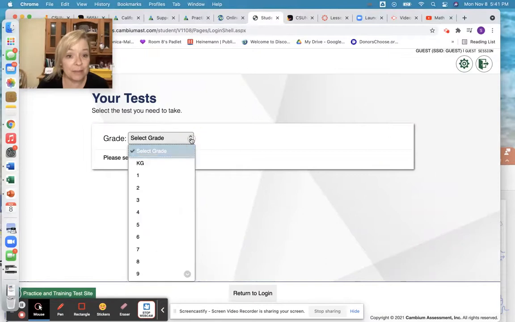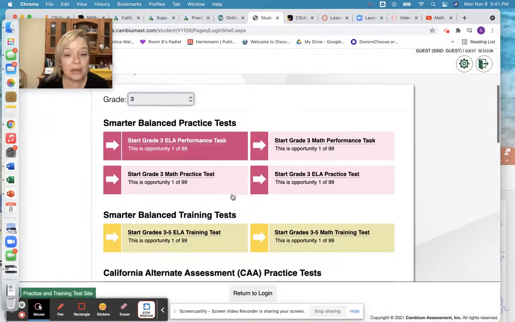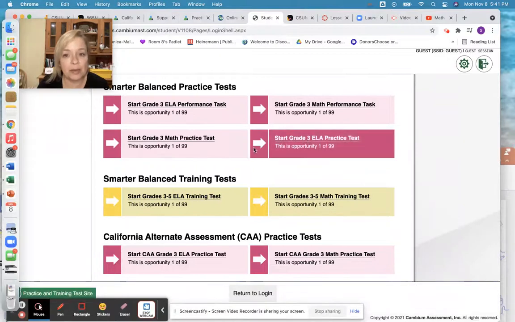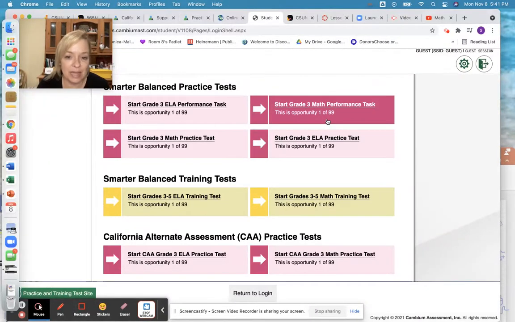Then you select your grade. So pick third and up. And then you're not going to pick from the ELA, you'll pick a math practice test. So what I'm going to ask you to do is really think about, can you do the practice test and the performance task, just to sort of see what these tests are like. So when you click on it,